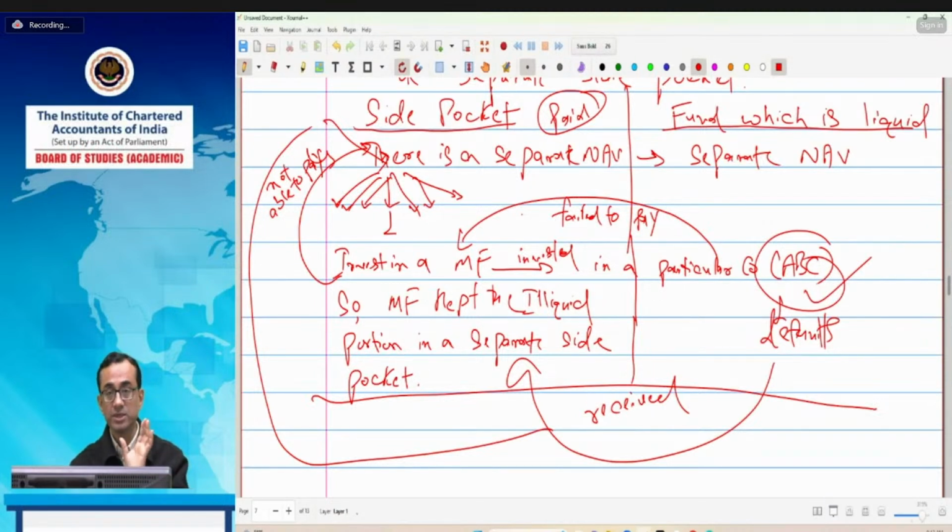A certain time frame is given within which the investors have to decide whether they want to get out of the funds or remain in the side pocket. So there are two options. If the investor wants to remain in the side pocket, then they have to wait until the defaulted company pays back. For example, whenever the ABC company pays after 1 year, the mutual fund returns the amount. Until then, one has to be patient and remain in the side pocket fund.